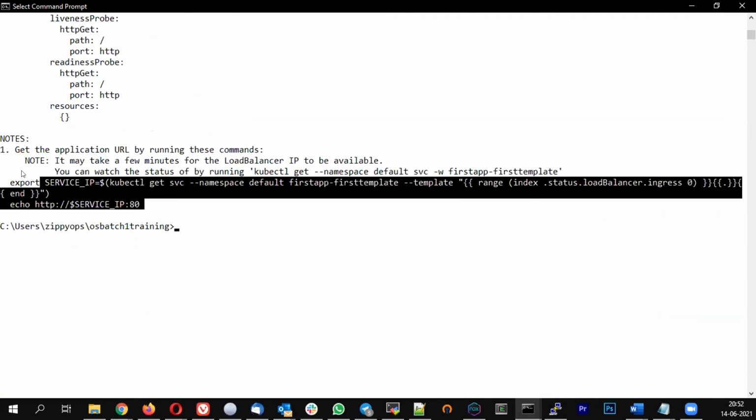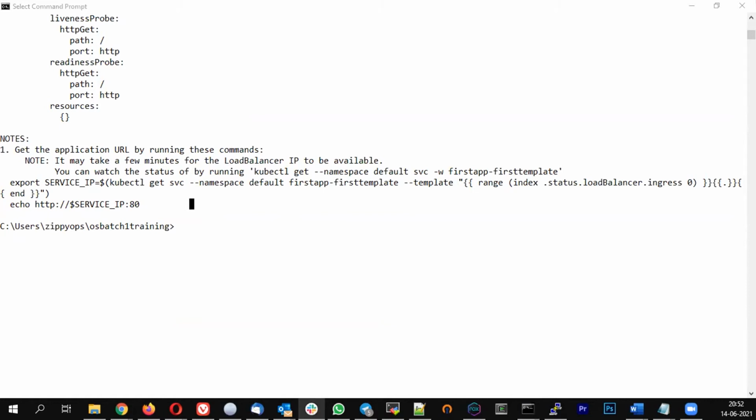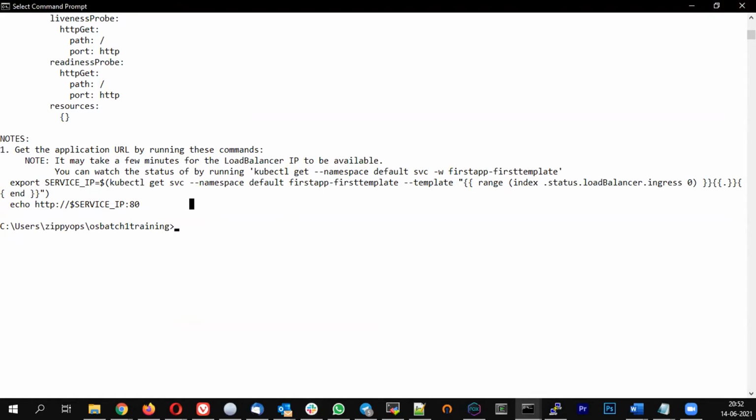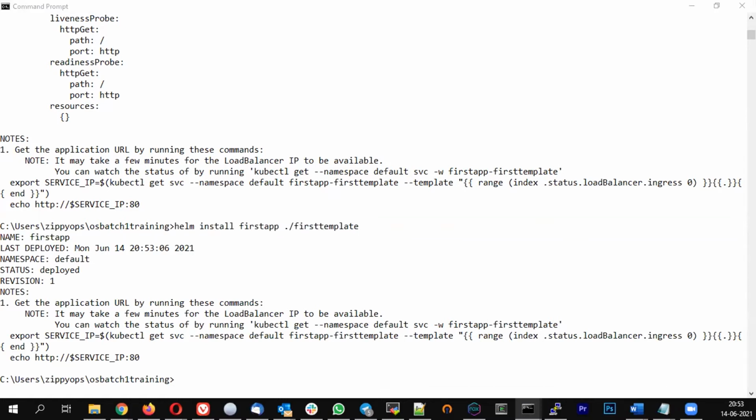And you will get an output like this. So this is the option to see what it is going to do when we execute that. To install this, we can run it without the debug and dry run. So this should create a pod, a service, all those things which should be there. Once it is done,